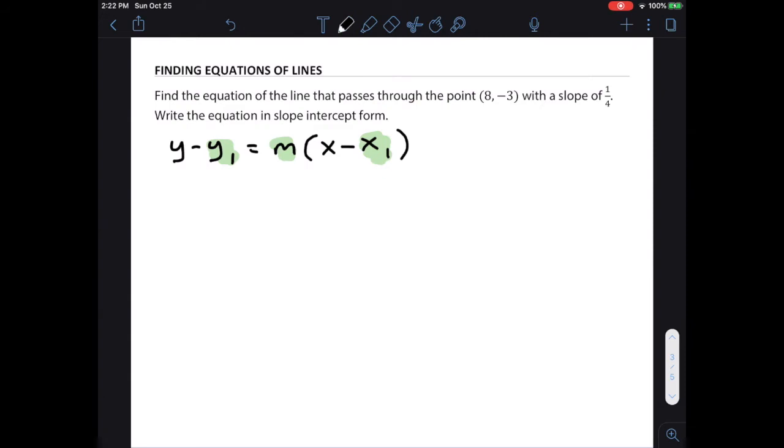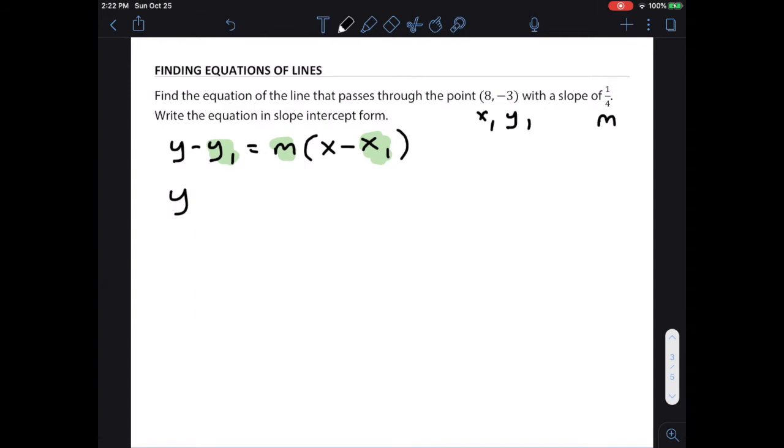So it says find the equation of a line that passes through the point (8, -3). So that's where we're going to get our x1 and our y1. And then it's telling us that the slope is 1/4. So that's where we're going to get our m. Okay, so if I take those things and I plug them into the point slope form equation, I have y minus -3. So I could put it in there as y minus -3, but I like to think through things a little bit